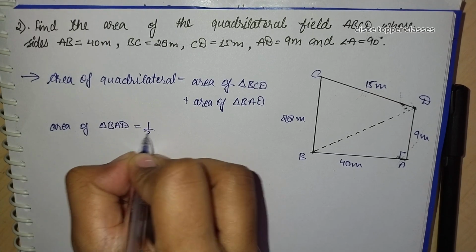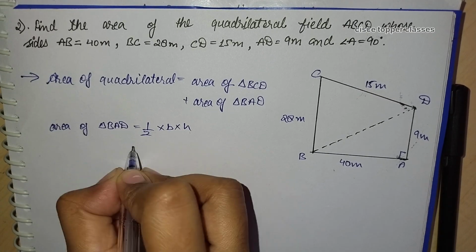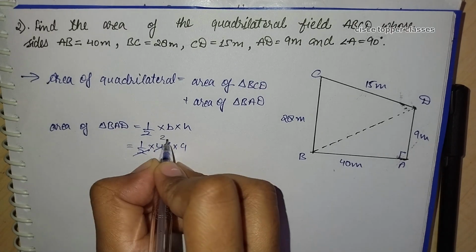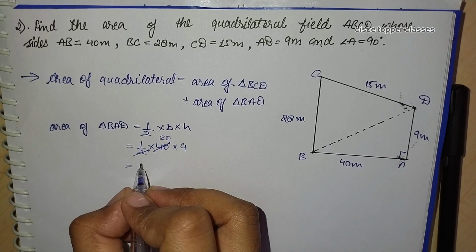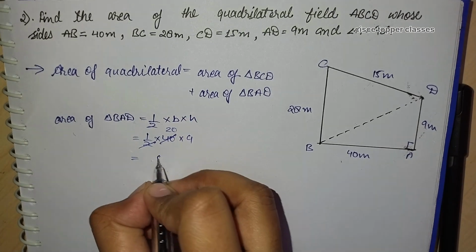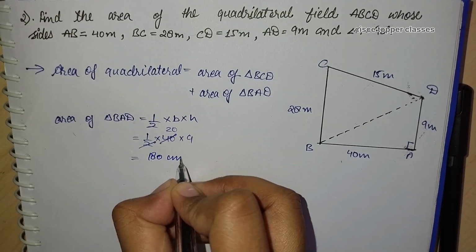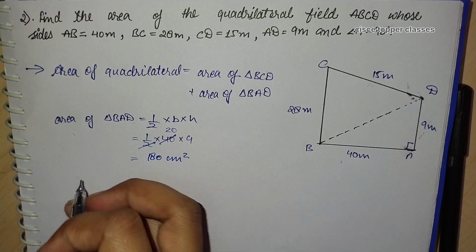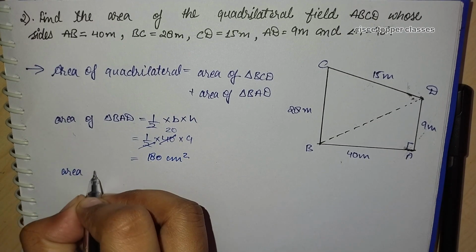So this is equal to half into base into height. Base is 40 and height is 9. So just cancel out this. On cancelling, this will be 180 centimeter square. So this is the area of triangle BAD here. Now to find the area of triangle